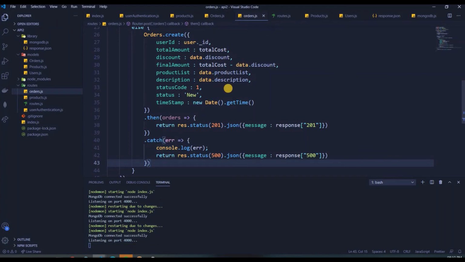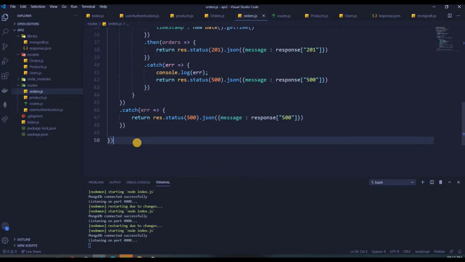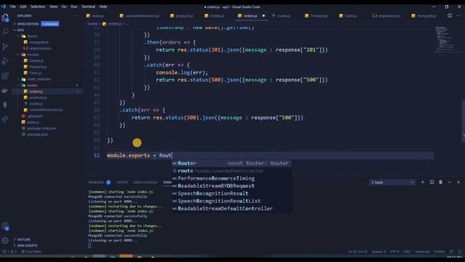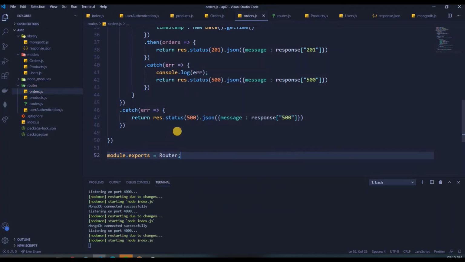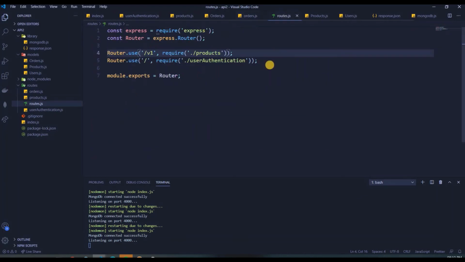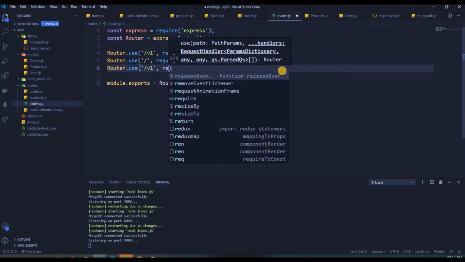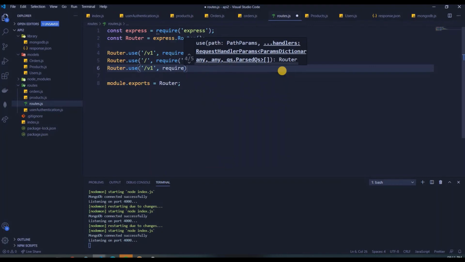So will this work, guys? For now, we didn't do module.export. So first of all, let's just do that equal to router, and then over here in routes, we have to import it, right? So let's just write router.use slash v1. These are all version 1 APIs. Generally, your authentication API won't change that much. So for that, we are not writing any kind of versioning in that,